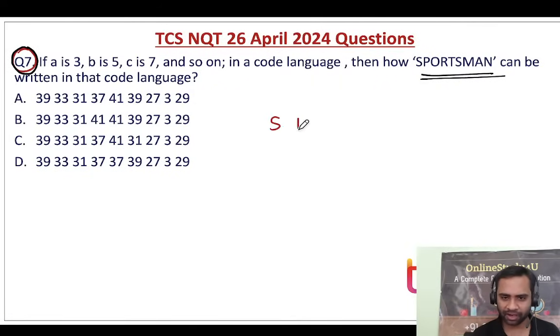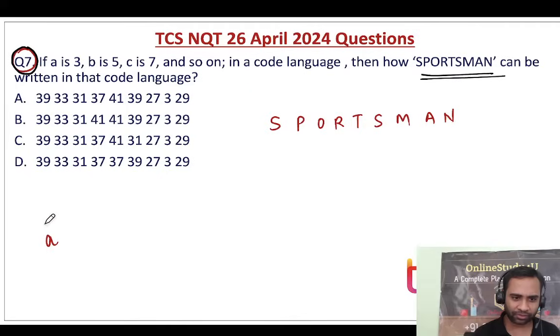So just try to find out the logic. A is 3, B is 5, C is 7, D is 9, like that. So A is 1, right? So 1, and in 1 if you add 1, what will become 2? B is what?